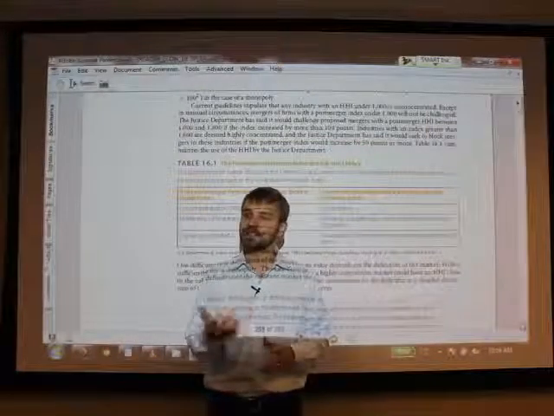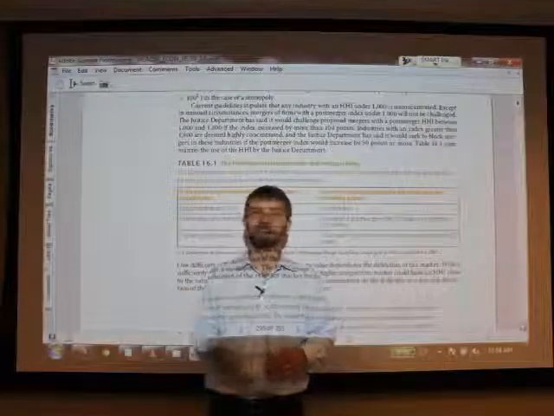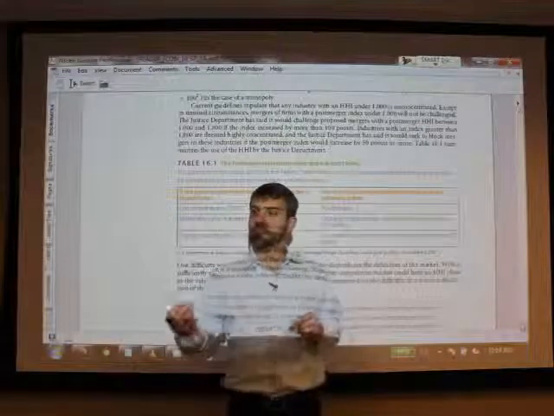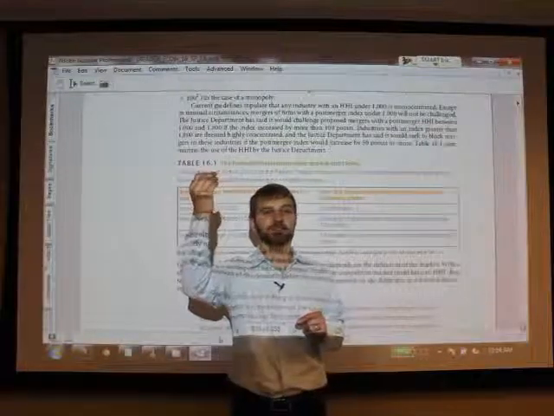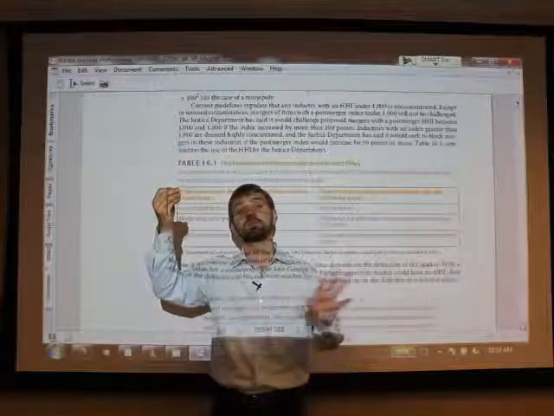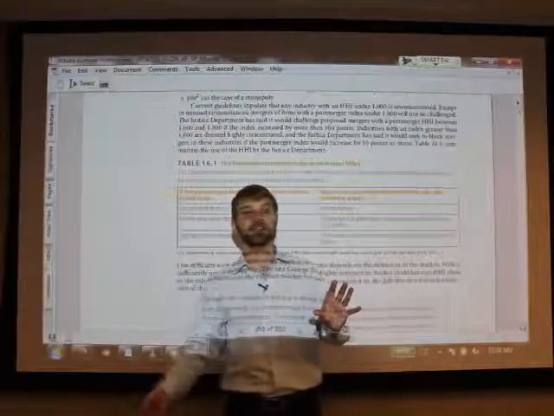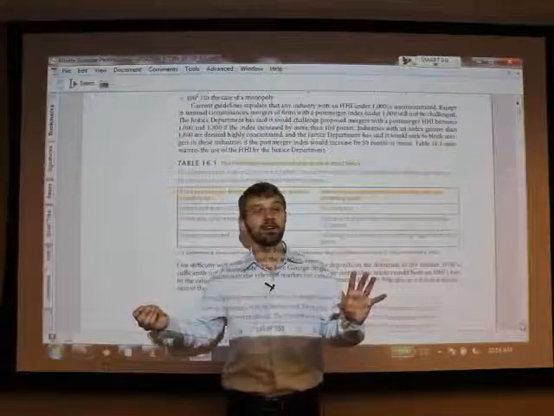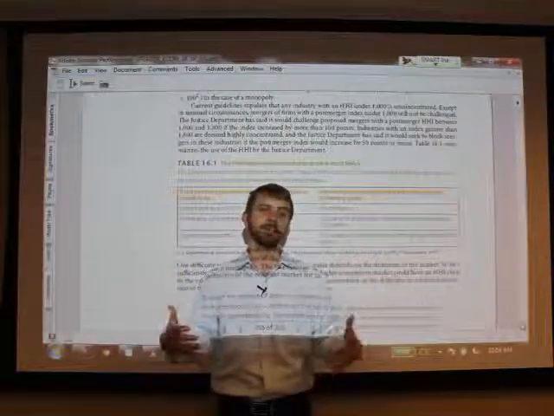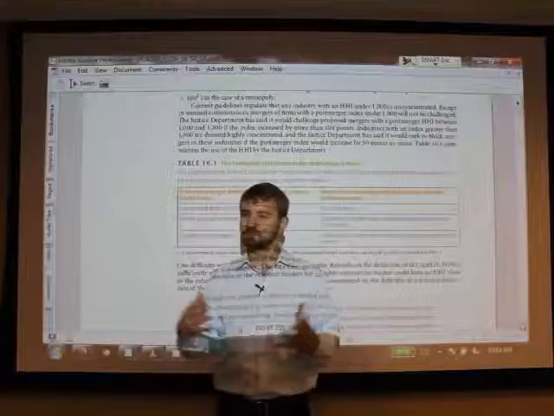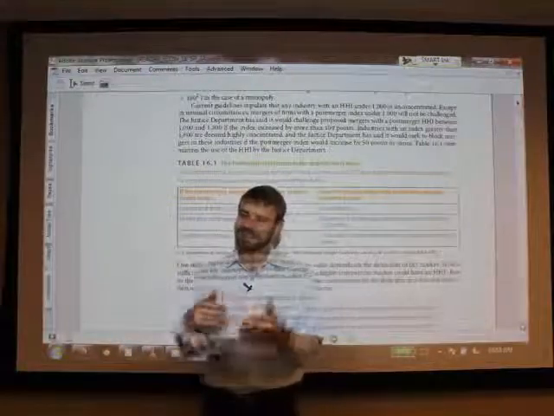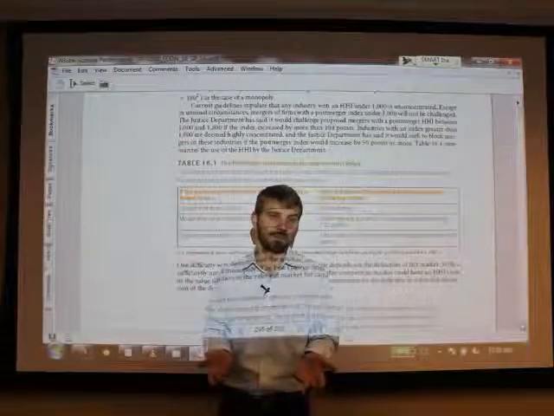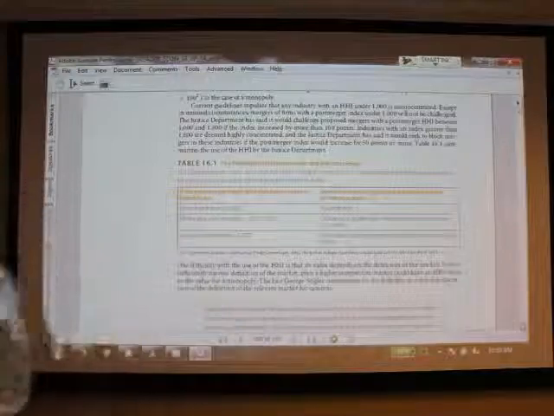And there are some tests, as the book explains. It basically comes down to estimating the cross-price elasticity of demand. If the price of Sirius satellite radio goes up, what happens to the quantity demanded for XM? Or if the price of a CD or some internet radio goes up, what happens? If there's a big effect, then they're in the same industry. And there are some more specific ways of delineating industries than that, but they all come down to estimating the cross-price elasticity of demand. And that's really what you need to know for this section.